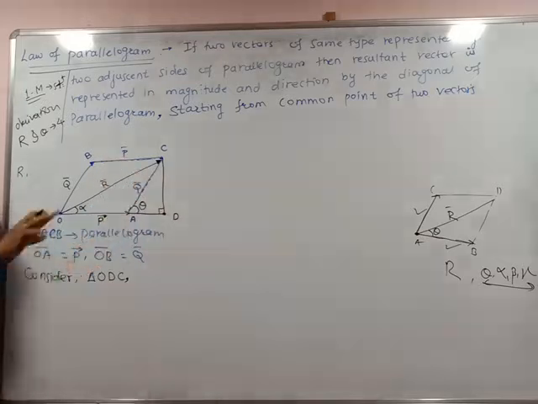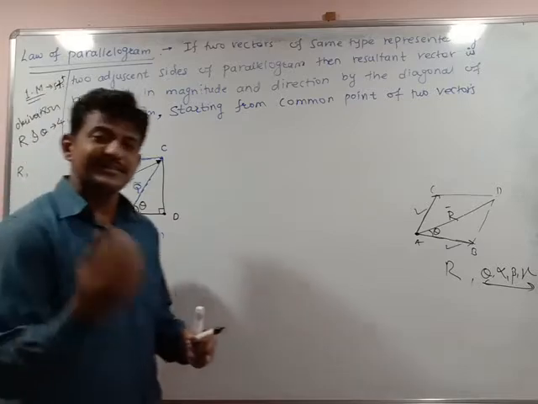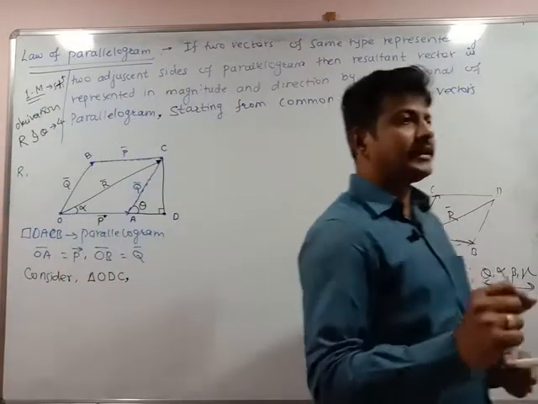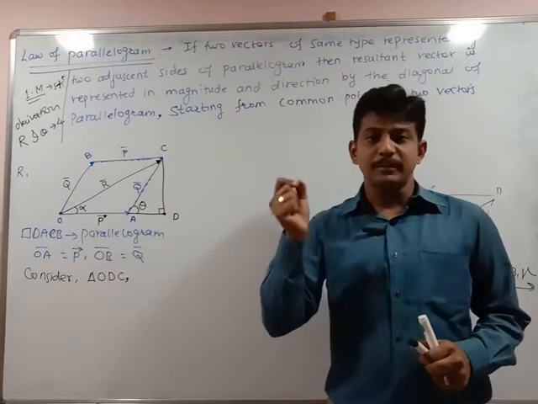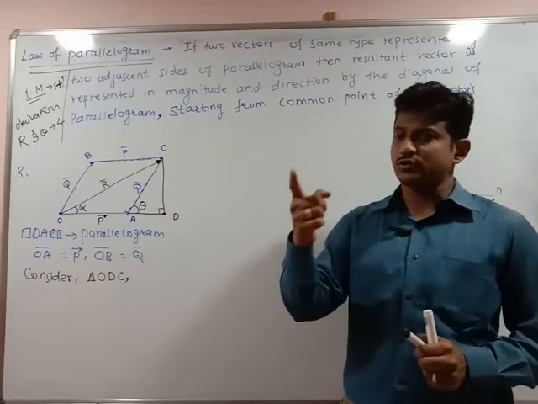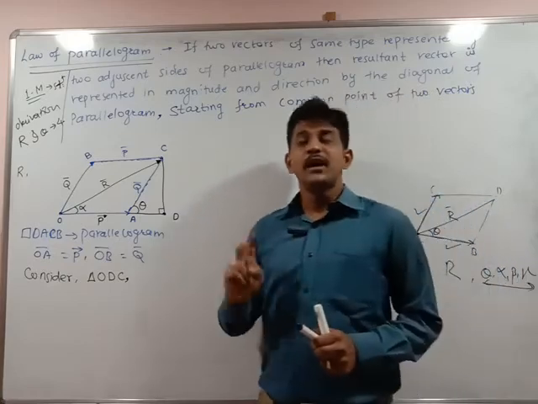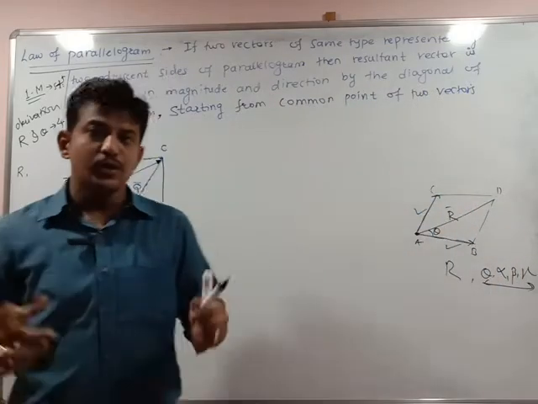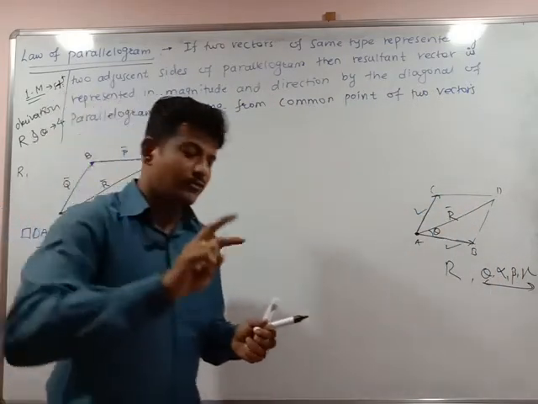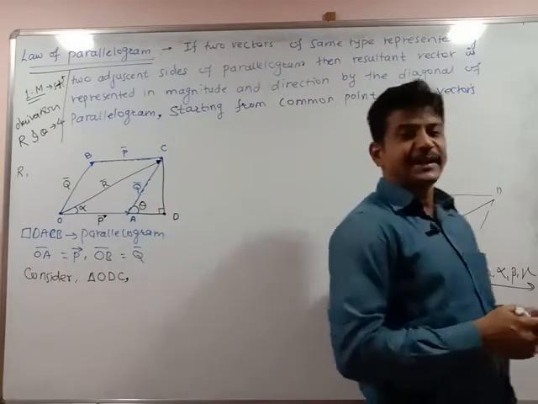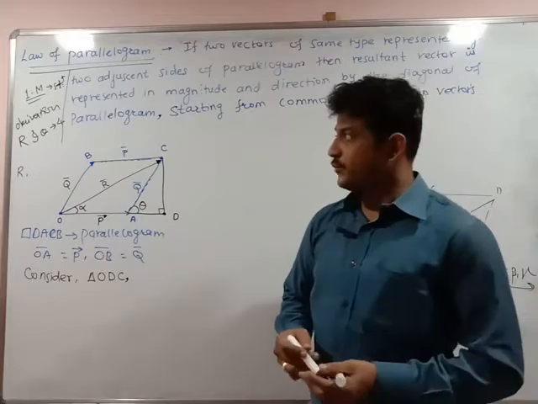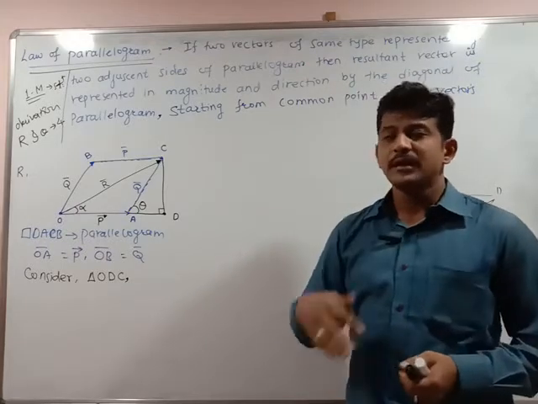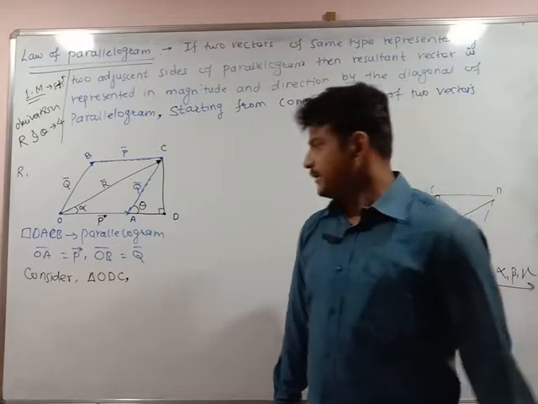हे सगळं आपण काय करणार आहे, पॅरलोग्राम मध्ये रिझल्टंट वेक्टरची मॅग्निट्यूड काय असणार आहे आणि त्या रिझल्टंट वेक्टरची डायरेक्शन काय असणार आहे ते आपण कॅल्क्युलेट करणार आहे. मॅग्निट्यूड जर आपण फाइंड आउट केली तो क्वेश्चन सेपरेट एक्झामला असू शकतो, जर डायरेक्शन कॅल्क्युलेट केली तो सेपरेट क्वेश्चन एक्झामला असू शकतो, किंवा दोन्ही क्वेश्चन्स एकत्र विचारले जाऊ शकतात. Find the magnitude and direction of resultant vector using law of parallelogram. So we are going to find first the magnitude of the vector, then we will find the direction of that vector.